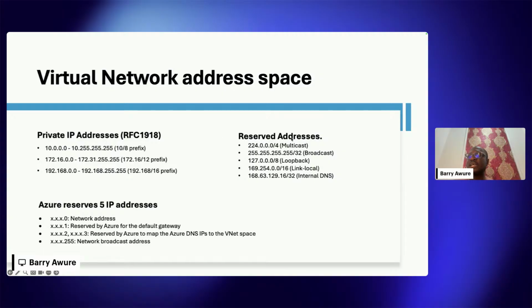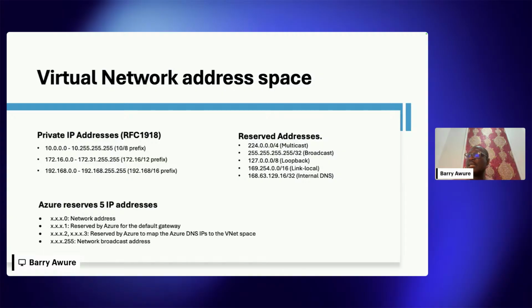Now, despite the fact that you have the rights to these IPs, there are some other IPs that are reserved, right? That you cannot allocate, that you cannot use, you are not expected to use. An example of them is this 224.0.0.0/4, which is a multicast